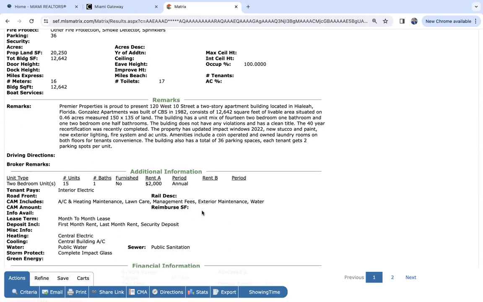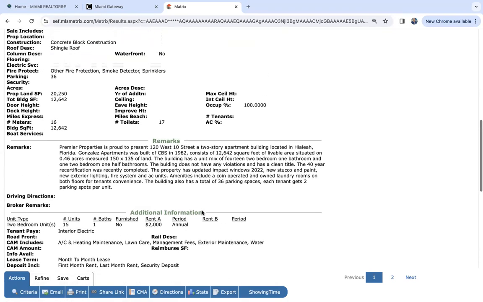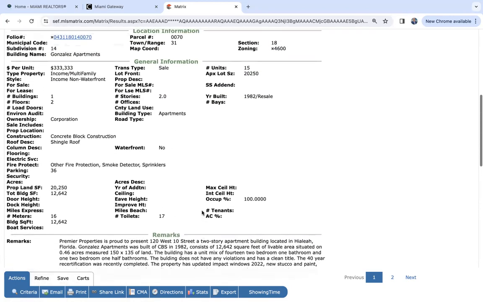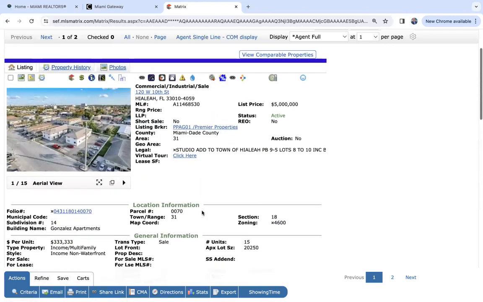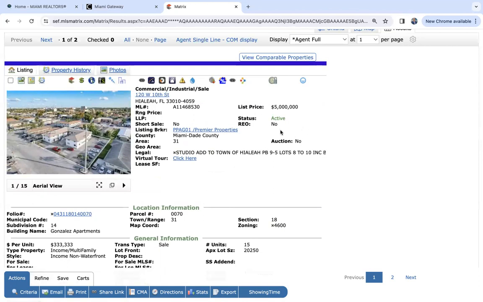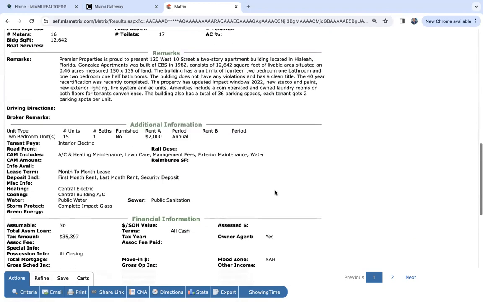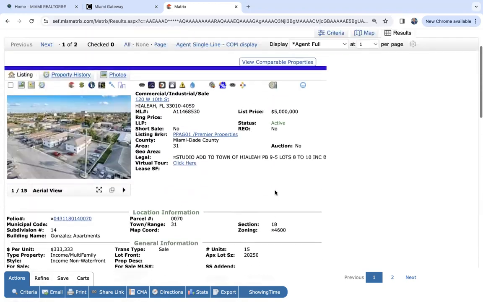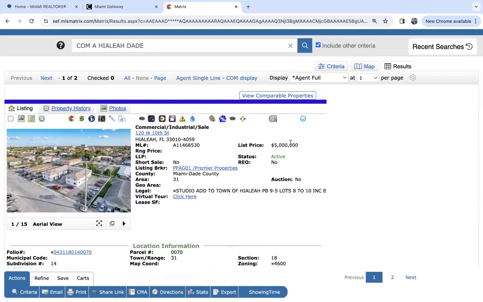My usual trick here is to try and get the gross income of a property to equal close to 10% of the purchase price. So for it to be 10% of the purchase price, I need to be generating $500,000 a year in income. And I'm not doing that. I'm doing